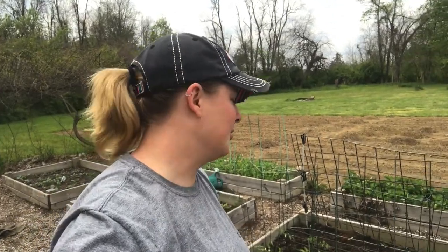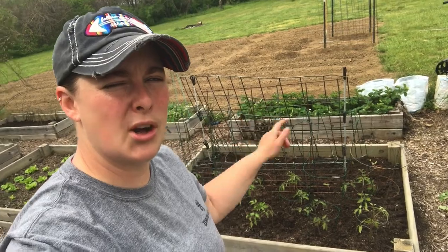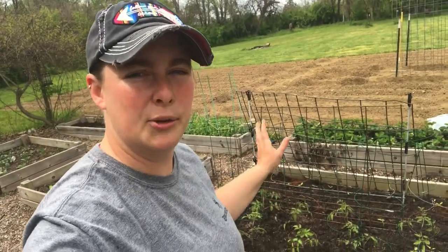So we are finished planting our garden for the most part. I'm sure I will find other things that I want to plant or add to my menagerie of flora behind me, but I'm really happy with everything that we got in the ground. So you guys can see behind me, we've got tomatoes, and they're partnered up with our cucumbers. We've got our little makeshift trellis so that our cucumbers can climb up,